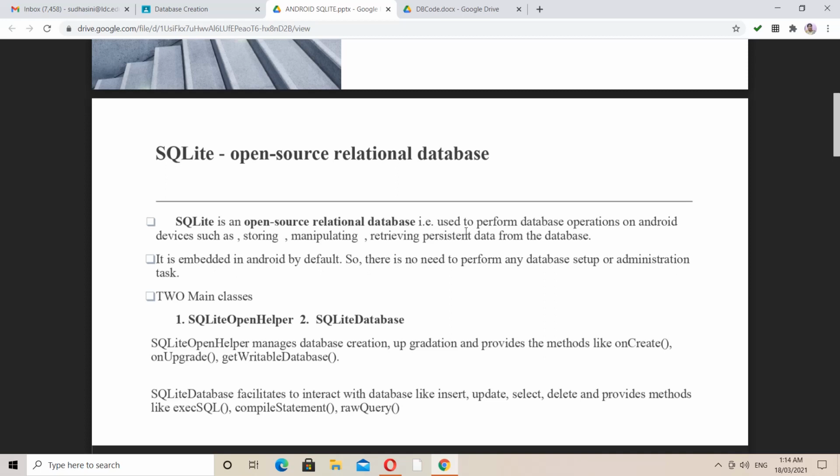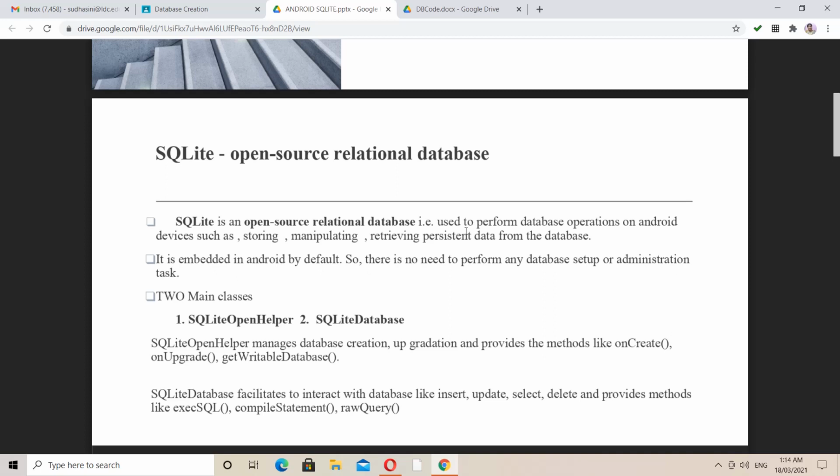Whenever you're opening your environment, whenever you're running your mobile app, you're entering some information and doing some manipulations. After completion of your application, you can close your product and then again you can run your product. Whenever you're running your project, you give new data, and the previous data will not be stored. So for this purpose only, to store your information, we need a backend.